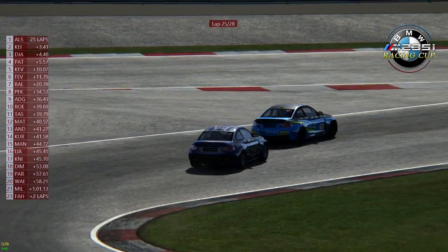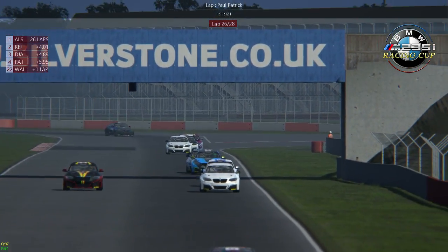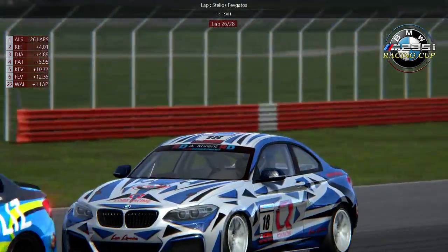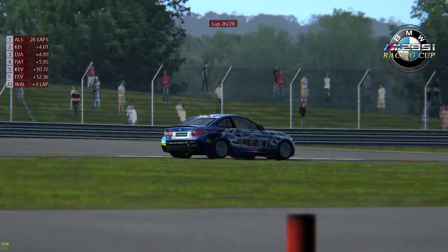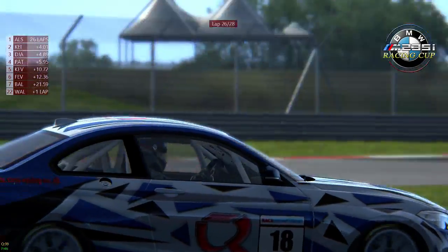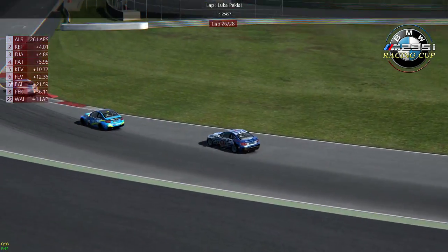Al-Sadi now has to negotiate lap traffic. That lapped car will let him by. No sweat whatsoever. Al-Sadi's lead is now almost 4 seconds over his teammate Jack Keithley, so he has had the pace all day long. And Jakovic, together with Paul Patrick, not letting off of Keithley there. They're still in contention. If anything happens to Keithley, he's going to be right in the fight for that 3rd or 4th position. Right, because they've still got Paul Patrick with them. Patrick is still in 4th, and he's hanging with the 2nd and 3rd place cars. So anything could still...